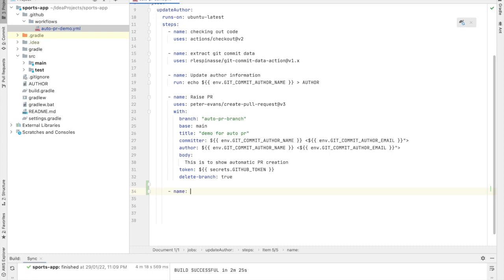I will name it approve pull request, and this is something that we can get from this action. I'm just going to write the repository from where we can get it. This is the action that we want to execute,